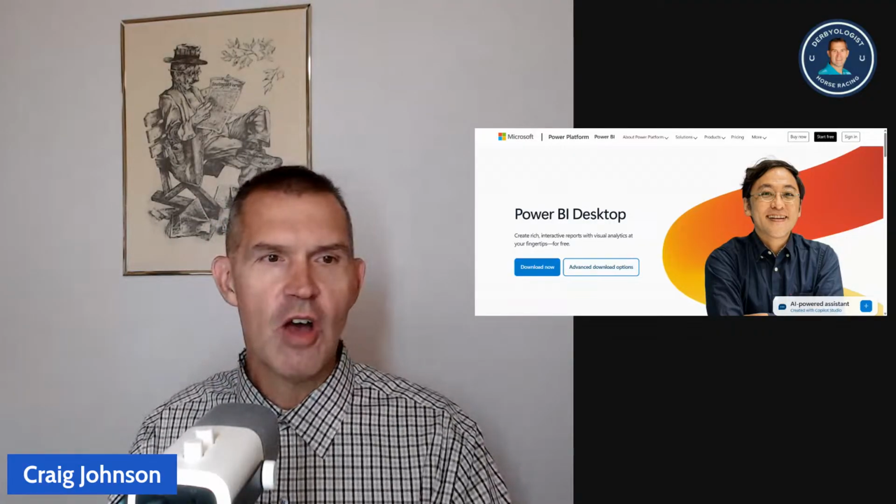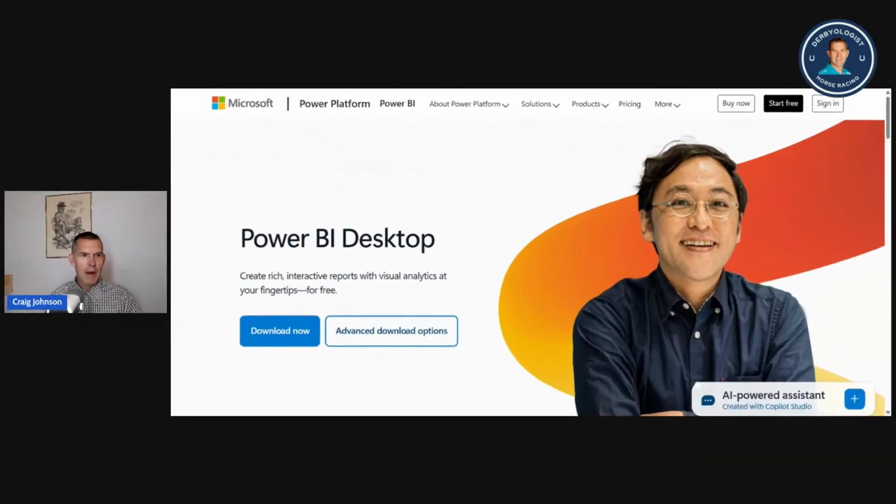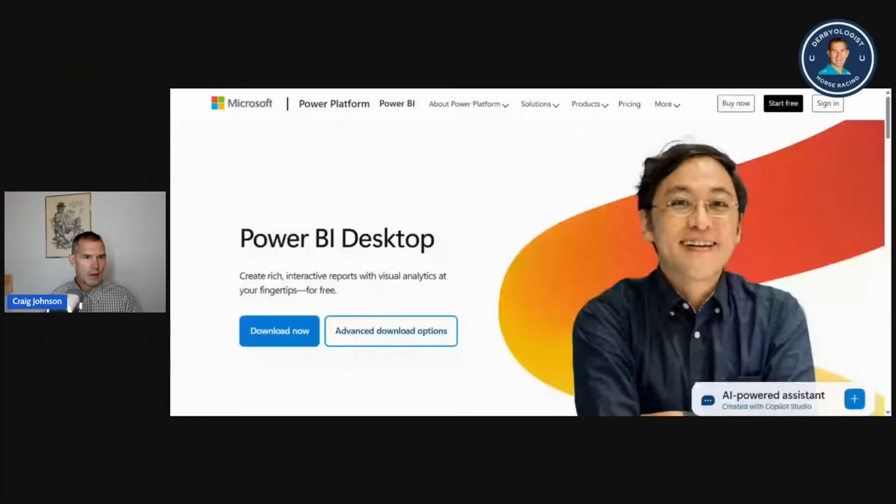So when you go to Microsoft.com, you will see the Power BI desktop. And what you'll want to do is use the advanced download options feature. When you click on this feature, you will have a new window come up. And we're going to show you how to download it. And then once you have that, when you do the Power BI download, we're going to